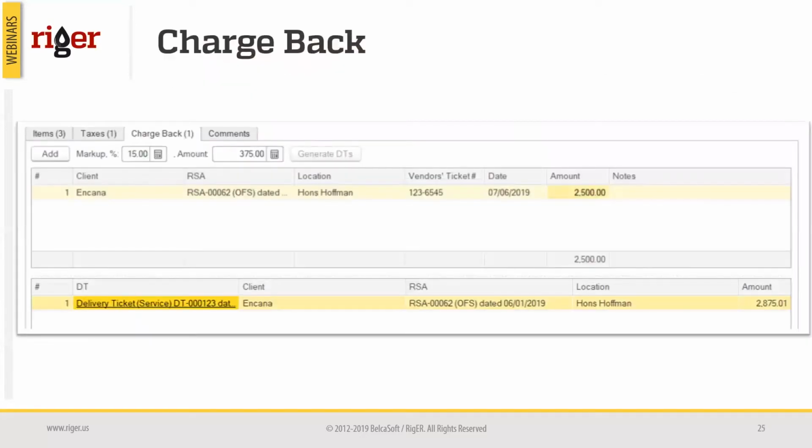Another great feature of RigER is a chargeback. The chargeback feature is used when you need to reimburse some costs from your client if those costs are connected to a particular job. For example, if some equipment has been broken or you just need to service the equipment on the site and you need to buy, or your field personnel need to buy, some additional supplies or spare parts, and you agreed with the client that you will be charging them for it, you can do the chargeback